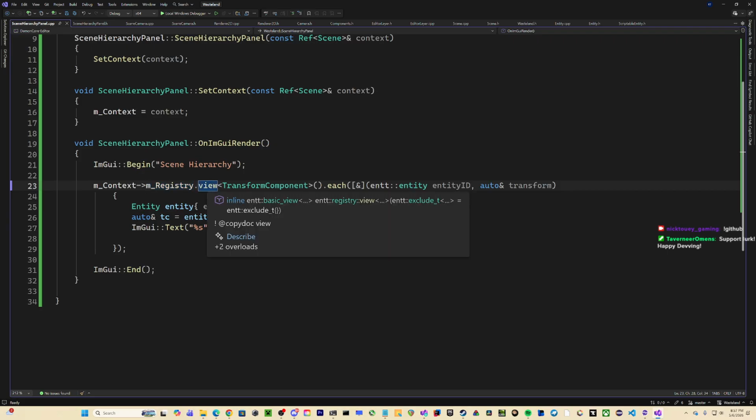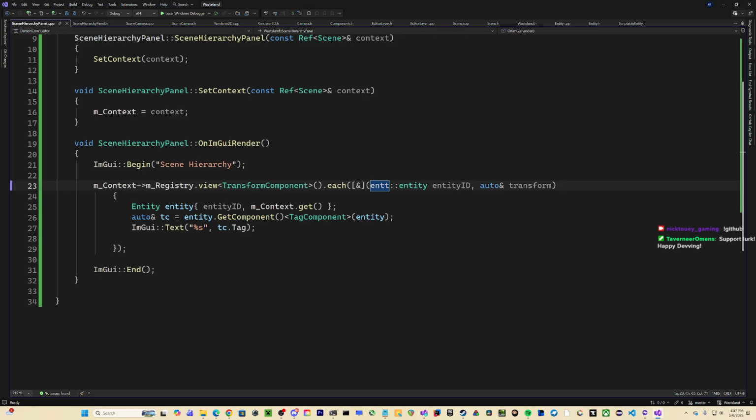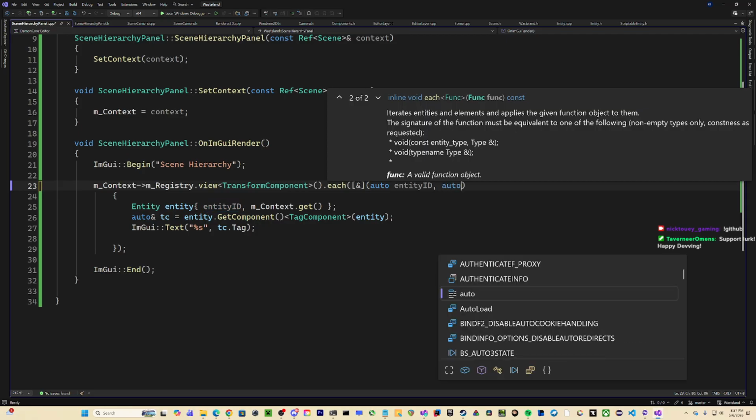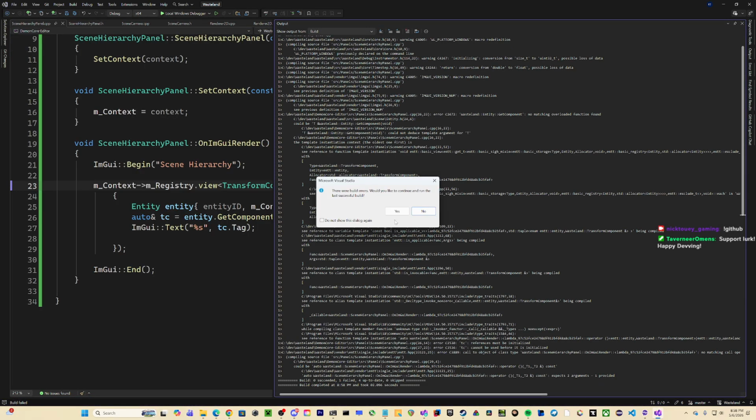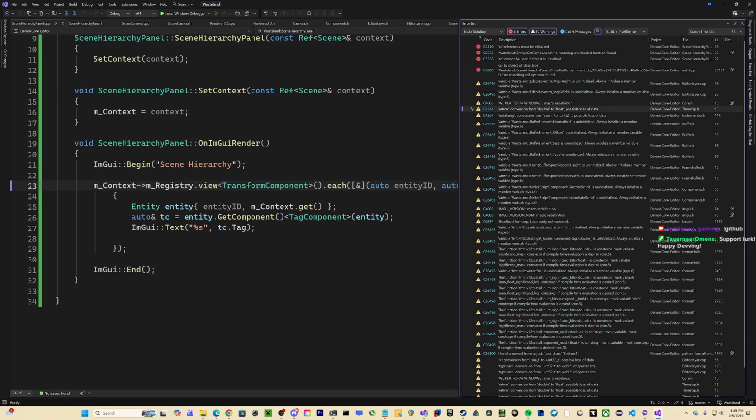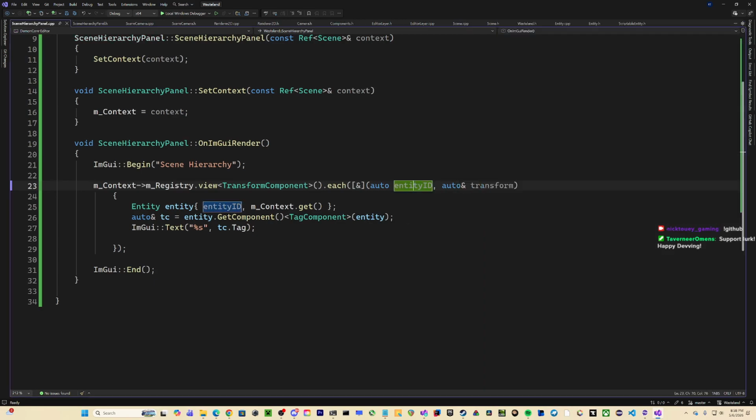Context view. Transform component. If I keep it as that doesn't cause an error. That fixes it relatively. And transform. Hopefully this works. Nope. If this causes a weird issue because it's two arguments, I think.